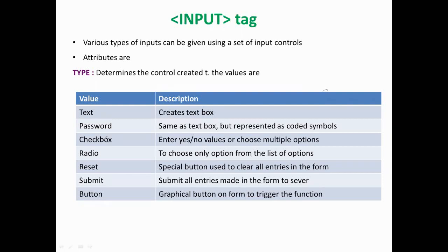Some work is to be done on the form. Inputs have been given, and you have to do some processing on those inputs and also receive some output. For that only you will be using this button option. You will be learning this in the next chapter. This is what a form is. Now we will be learning its controls.